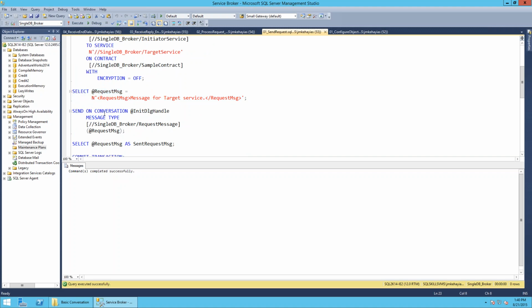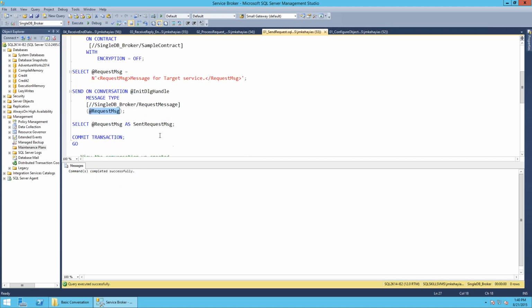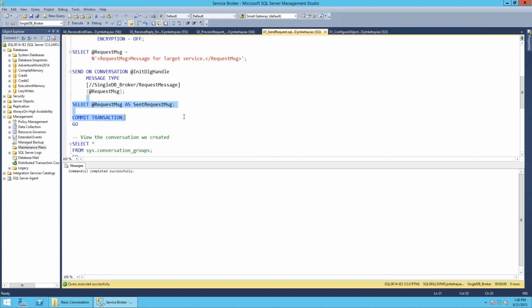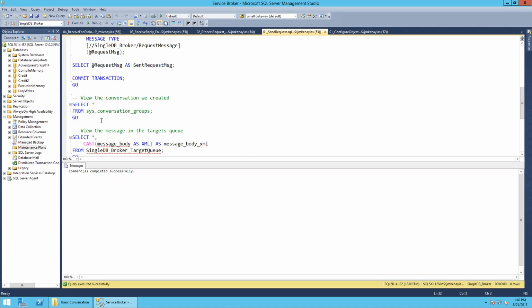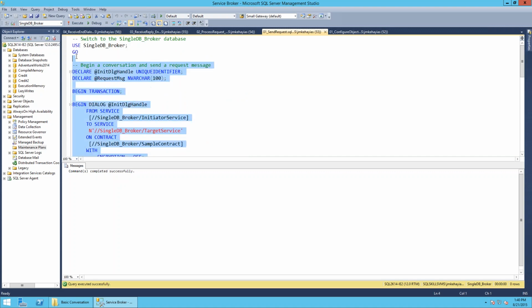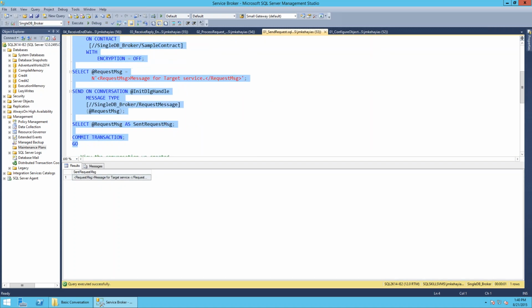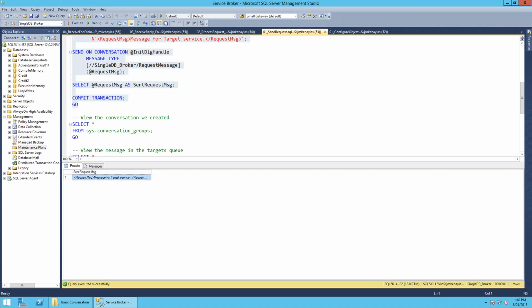And we're going to send on the conversation handle that we just created a request message type and the body of that message from our variable. The last thing we'll do is select our message body that we sent and then commit our transaction. So if we do this, we have our request message that we sent, and then if we look at our